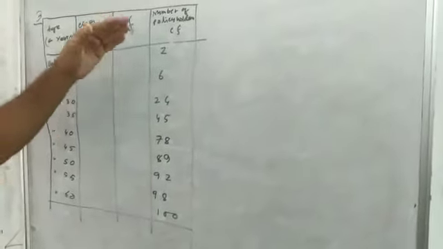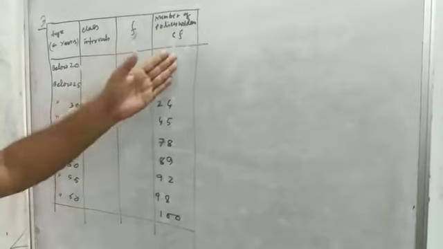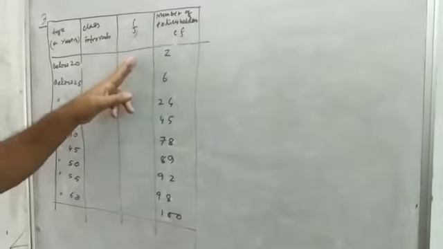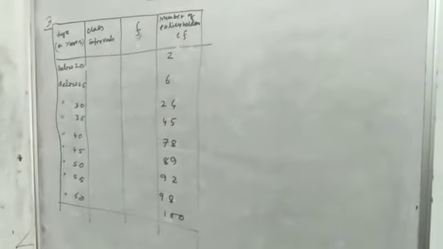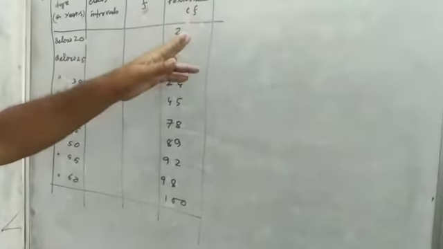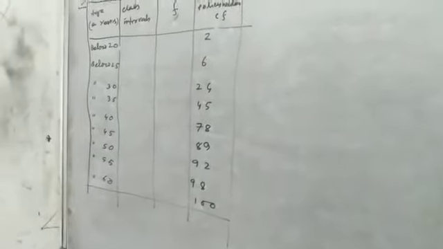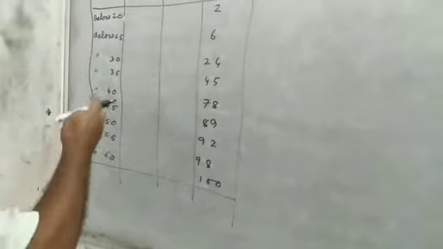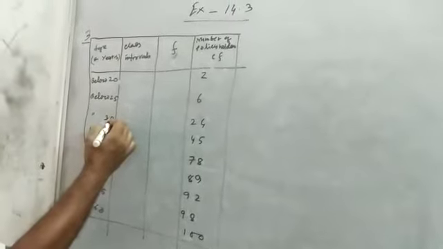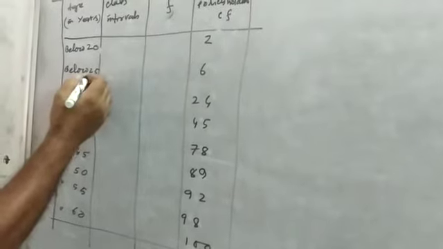So this table is just the opposite of question number 1. There, the class interval and frequency were given and we had to find the CF. But here CF is given and we have to find the frequency. So 2-3 things you have to remember: from this we will write the class interval, then the number of policy holders is CF, and we will find F, because without F we cannot find the median. Is that clear? Then how do we write the class intervals? Here it is below 20, below 25, below 30, so it is clear the size of the class interval is 5.